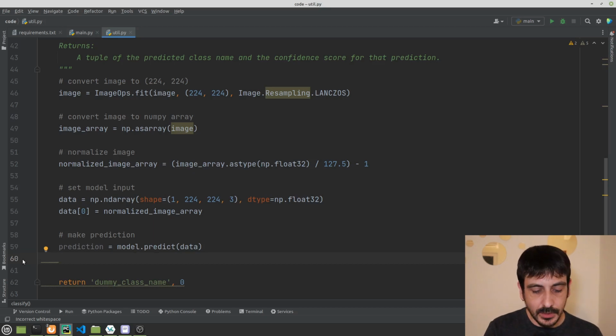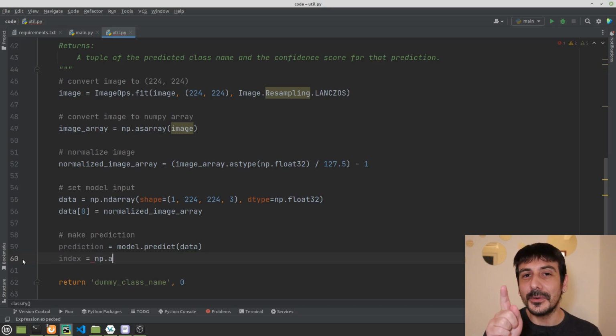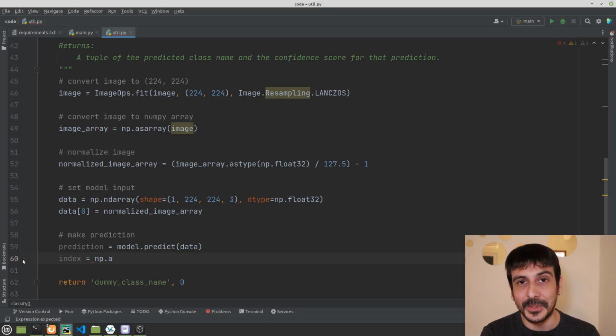Now let's define a new variable, which is index, and this is going to be the index of the class we are detecting. Later in this tutorial I'm going to show you another, much better, very pro way to get the index of the class we are detecting than what we're going to do now, right?